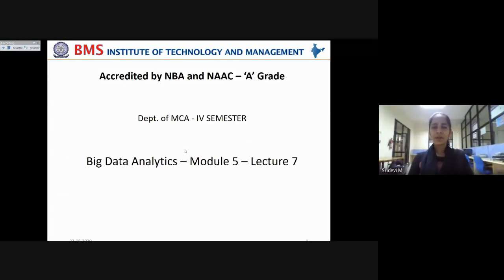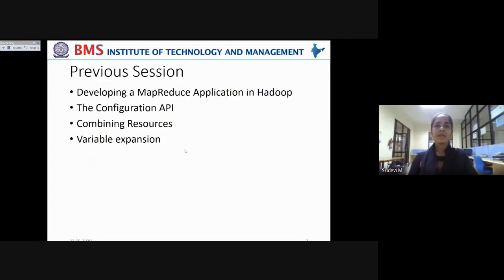Welcome to this 7th lecture under module 5. In the previous session, we have seen how to develop a MapReduce application in Hadoop and the configuration API, how to set various properties in the configuration files and combining the resources. Say if you have two XML files, then you can combine those resources by giving the add resource method of the configuration object.